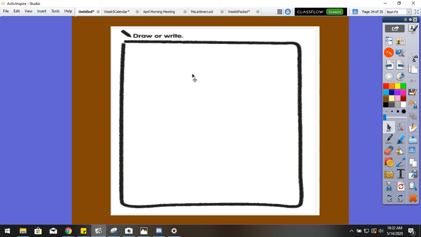Then I want you to draw a picture right here of Greedy Fawn. And then, just like we've done in class, I want you to draw lines and add labels that help to describe Greedy Fawn. You can just draw a line anywhere from your drawing and say greedy. Or you can say he's young because he's a baby fawn, right? You can say any other words that come to mind when you're describing Greedy Fawn.